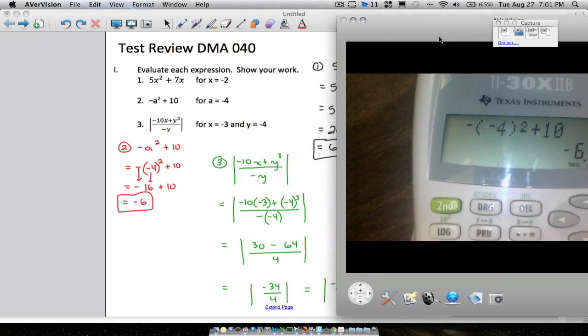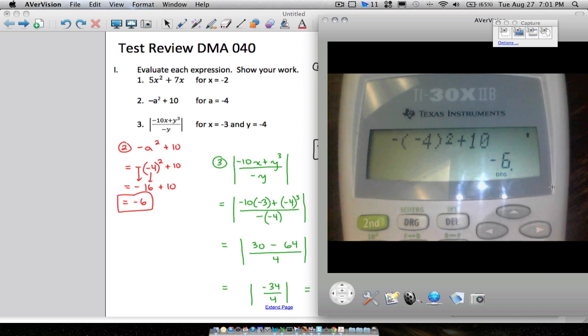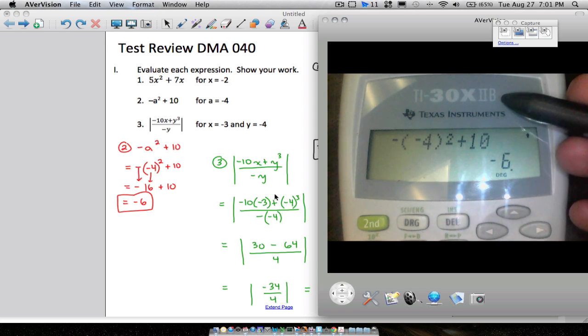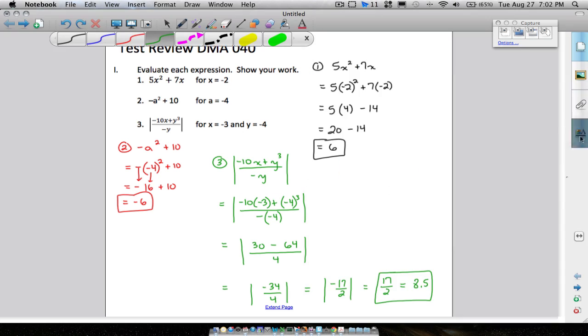And then this last example, on the TI-30X, I don't think there's an absolute value anywhere. I've never used it on the calculator if it is. So what we'll do is we'll just evaluate the inside, and then we'll come back and just remind ourselves to take the absolute value at the end. Now, if you want to type all this in at one time on this particular calculator, you have to be careful how you type it in. We need to use parentheses, even though you don't see them. We need to be using parentheses